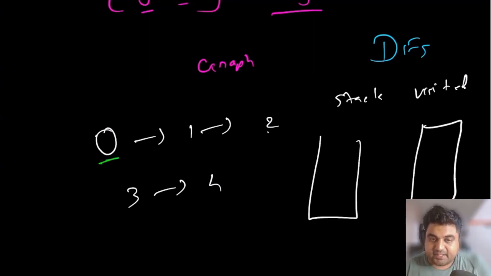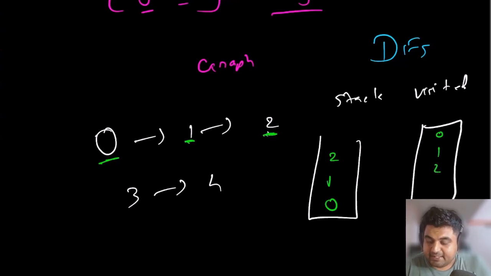Suppose we start iterating from 0. Now from node number 0, in order to complete node number 0, we will have to complete node number 1. So first let's just mark node number 0 over here, and we are going to say that okay, node number 1 is a neighbor of node number 0. So since 0 has a neighbor currently, we mark 0 as visited. Now 0 has a neighbor 1, so we are going to add 1 to our stack. Again 1 has a neighbor 2, so we are going to add 2 to our stack, and at the same time we are going to mark them as visited.